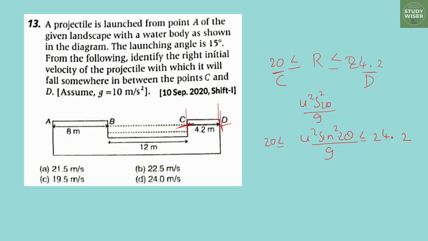U square sin square θ కావచ్చు, యాక్చువల్లీ sin 2θ, సారీ. అంటే 20 is less than or equal to U square into 1 by 2 into t is less than or equal to 24. అంటే ఇది ఇక్కడ మల్టిప్లై చేస్తే ఇంటూ 10 చేసామనుకో 200 ఈజ్ ఈక్వల్స్ టు యూ స్క్వేర్ బై 2 ఈజ్ లెస్ దెన్ ఆర్ 242. మళ్ళీ ఇంటూ 2 చేస్తే 400 ఈజ్ లెస్ దెన్ ఆర్ ఈక్వల్ టు యూ స్క్వేర్ ఈజ్ లెస్ దెన్ ఆర్ ఈక్వల్